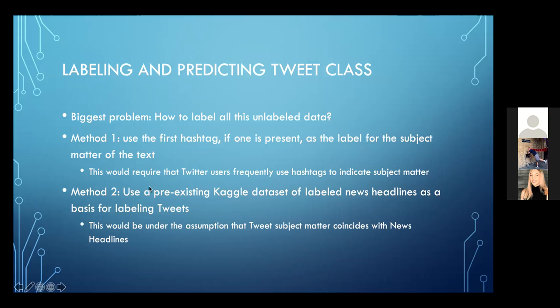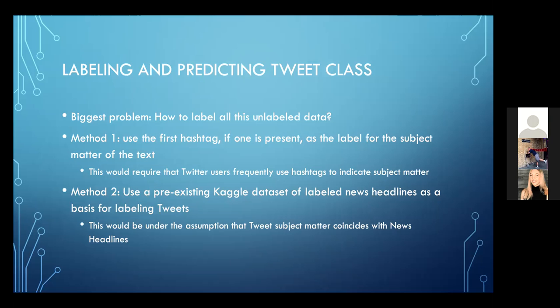And then the method 2, I found a pre-existing Kaggle data set that had news headlines. I think there were 200,000 news headlines, all Huffington Post from 2012 to 2018, but it was all labeled. So I could train a model using that and then apply that model to,